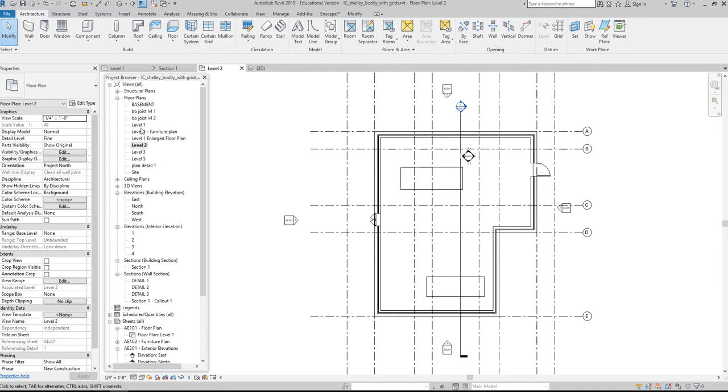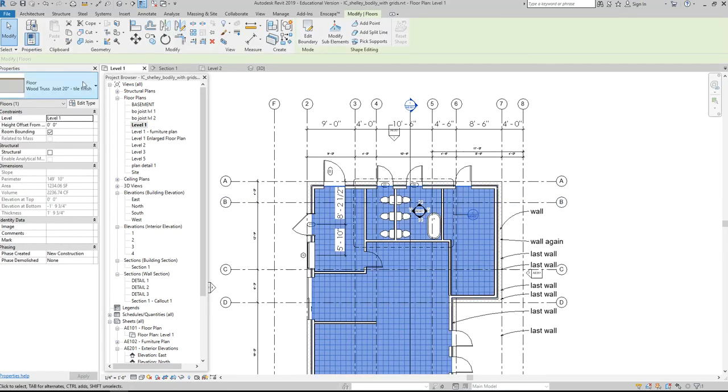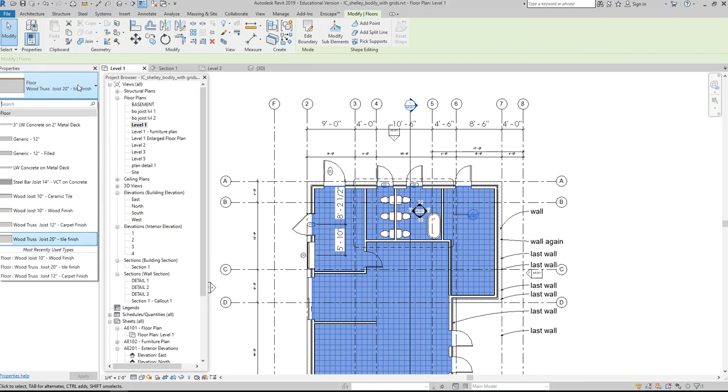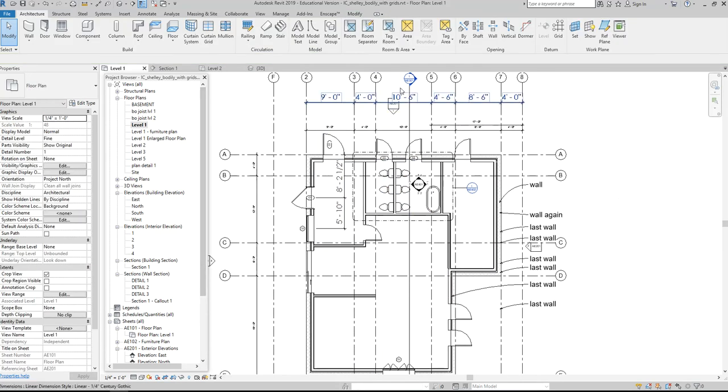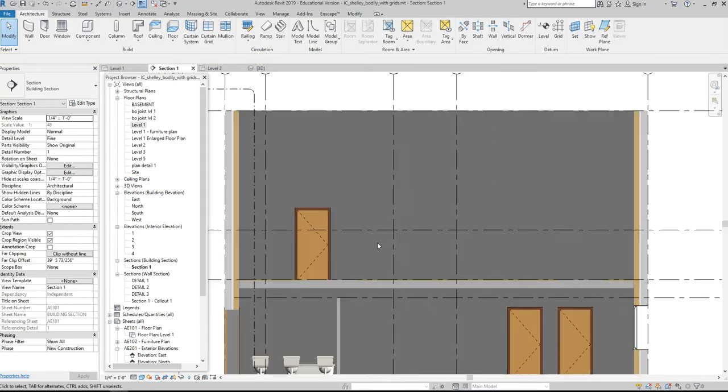I'm going to go back to my main level and change this one, because we have walls and stuff here to better work with. It was the wood finish. There we go. So the best system that we've sort of come up with to make this easy is to